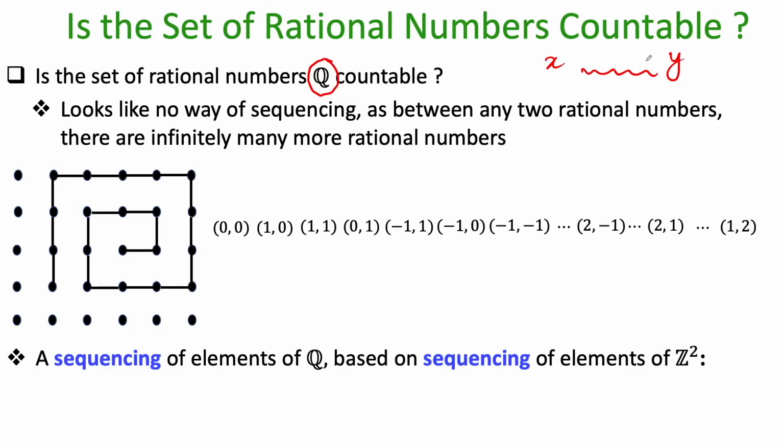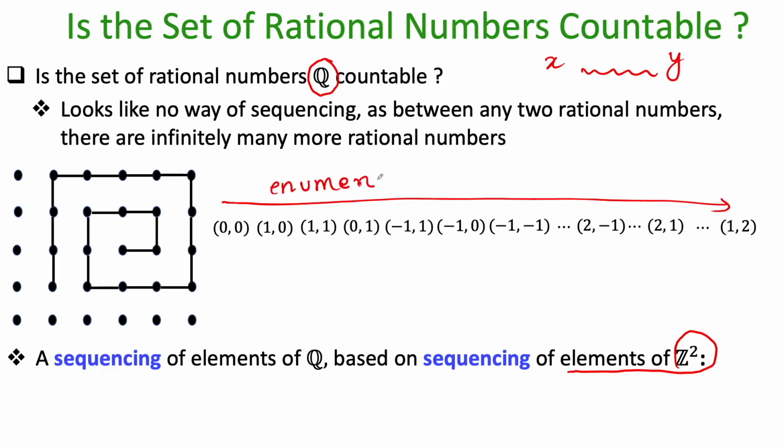Okay, and the sequencing that we are going to see here will be based on the sequencing of the points in the two-dimensional integer plane along the spiral, based on enumerating all the points along the spiral that we had seen in the last slide. Okay, so just to recall, this was the enumeration of all elements or points in the set Z cross Z, and based on this enumeration we will get an enumeration of the set of all rational numbers. Okay, so the idea is